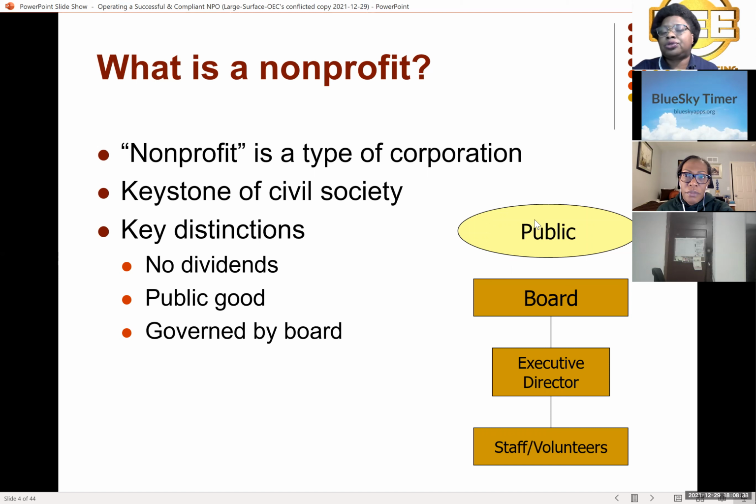So the way it's set up, we're doing this on behalf of the public. You have a board that governs it according to the society, the government, the IRS, and all the state officials. The board is the nonprofit. Then you have what we usually have as a manager. The manager can come from the board, or you can hire a person. That's typically the executive director. And then under this executive director manages everything. And this governance thing is a whole class. And then you have your staff and your volunteers.